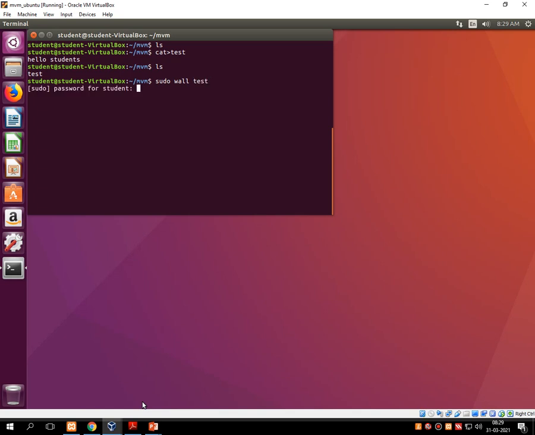Press enter. The password for student is, I think, student itself. Press enter. So the hello students common message is passed to all the users who are connected with this particular terminal. As I am recording this lecture from a single terminal which is not connected with any network, you will not see the output.